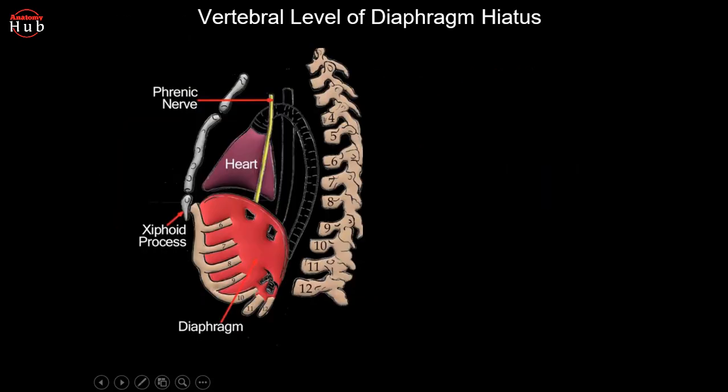Here you can see the sagittal section of the thoracic cavity, and how the diaphragm is related to the heart, and how the diaphragmatic surface of the heart is adhesive to this diaphragm. At this point, at the upper part of this diaphragm, you will find three openings. One is most posteriorly at the T12 level. One is at the T8 level.